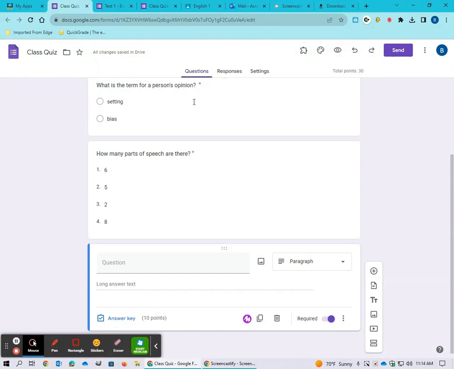You just ignore that. When you go in to do your settings and your responses later, you can change the points